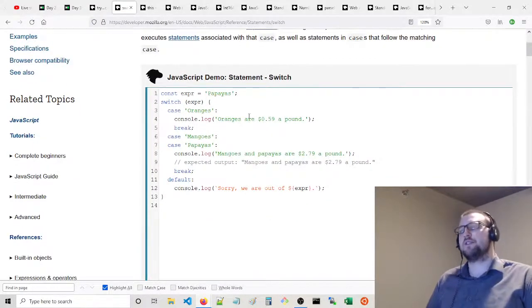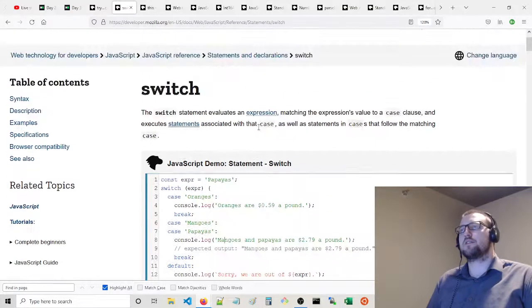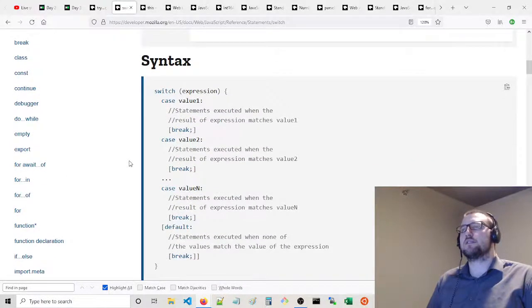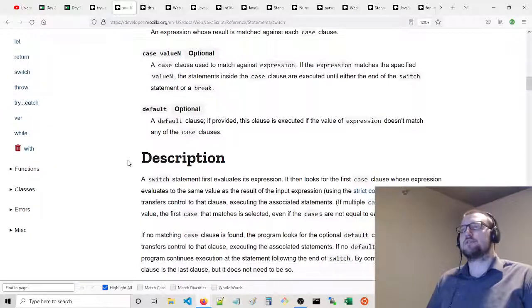So we have expression. So what's interesting about the cases is